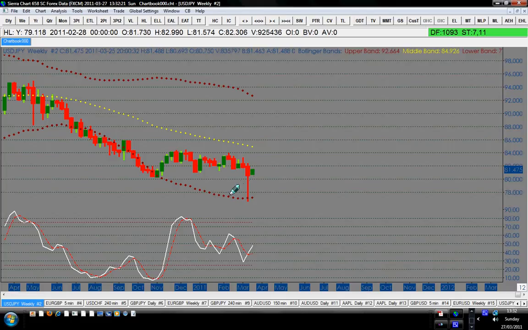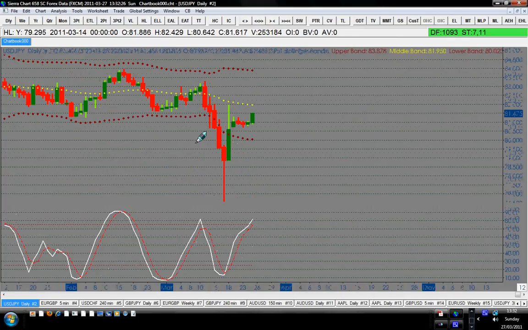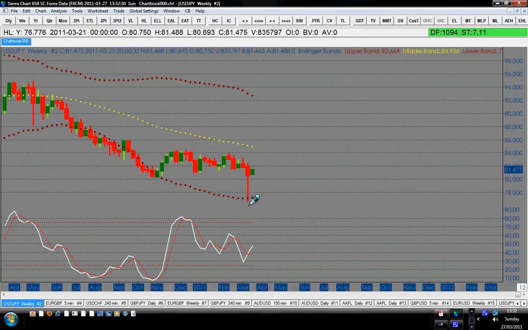That's all. So here the price, you can see on a daily chart, you break it, and only to come on the weekly chart to test it right there, boom. And they bought it straight away. The same night, they sold it down. The same night they bought it again. The same night we were here, I knew that they would buy it. They bought it all the way. More than 300 pips this currency pair dropped that day, and they bought it that day. I knew straight away they bought it because